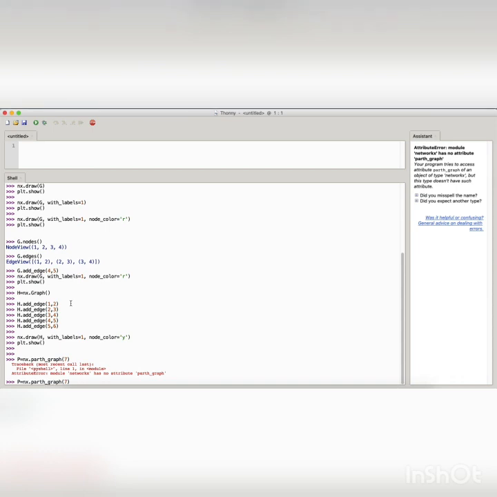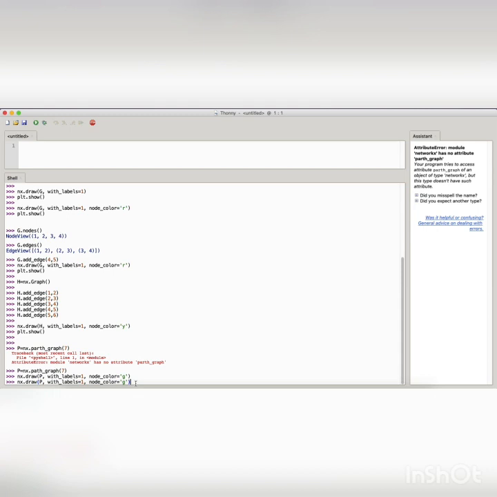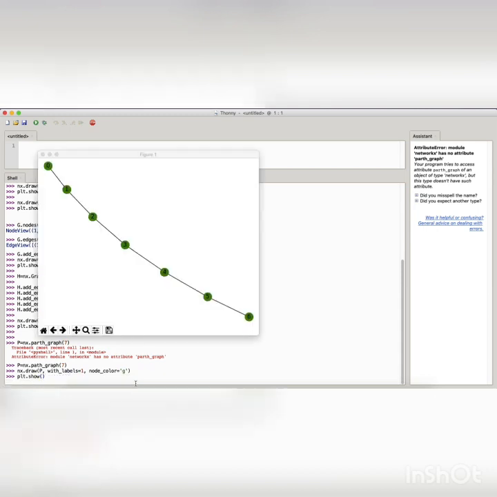So let's create a path graph. Suppose my path graph name is P, and nx.path_graph. I have to pass the number of vertices I want. I am passing 7 vertices. My path graph P is created.